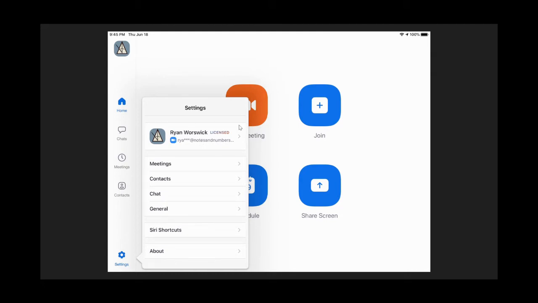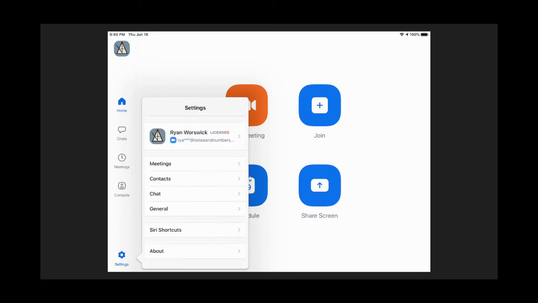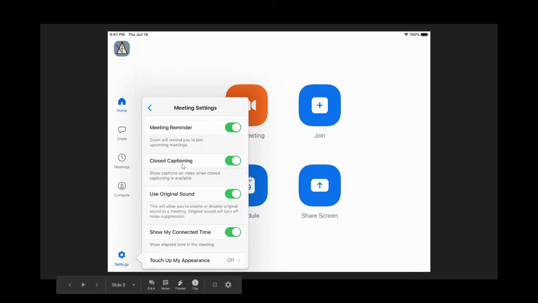In the top of the list, Ryan Worswick, my name, that is just going to take us over to our profile. So if you want to be able to set your display name for what shows up when you join a meeting, or if you want to update any password stuff, or if you pay for an account, either way, you'll see a personal meeting ID here. If you pay for it, you can customize it. Like I have mine set to my business phone number, but you can see that there as well. If, however, instead of that top entry, we had gone to meetings instead, that would take us here to meeting settings. And there are a few more options than this, but this is isolating, most importantly for us,